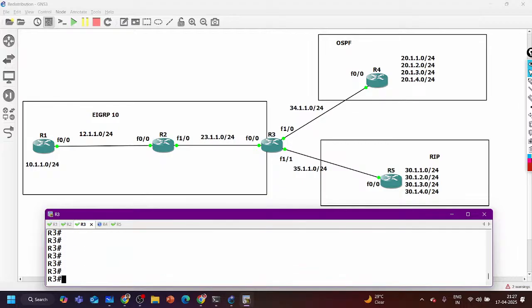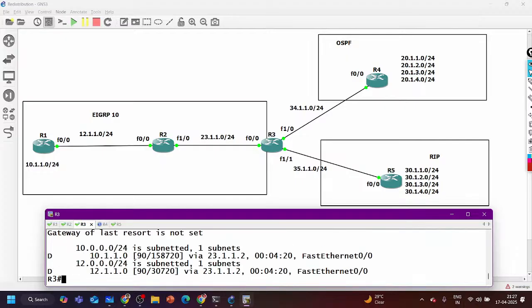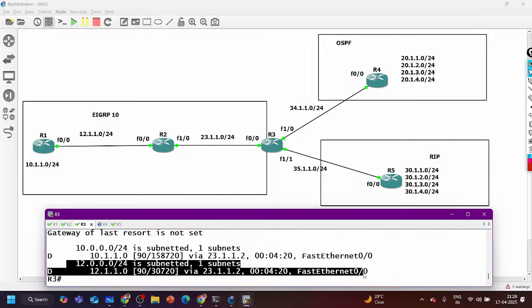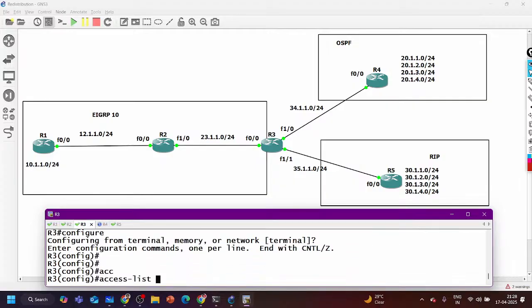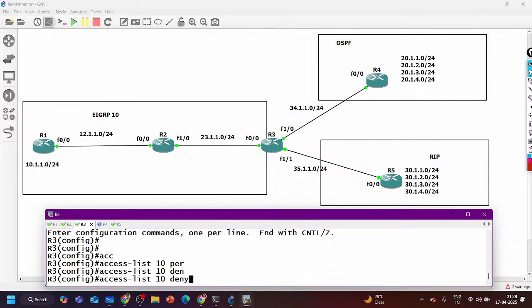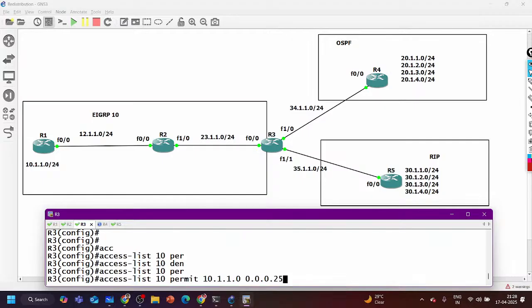Now router 3. Show IP route EIGRP. Guys, router 3 is learning 10 prefixes through EIGRP. See, 12 subnets are there. This is an unwanted prefix. You know this. I can filter it. Simply I can say access list number 10, in which I am only allowing the LAN subnet 10.1.1.0 wildcard mask 0.0.255.255.